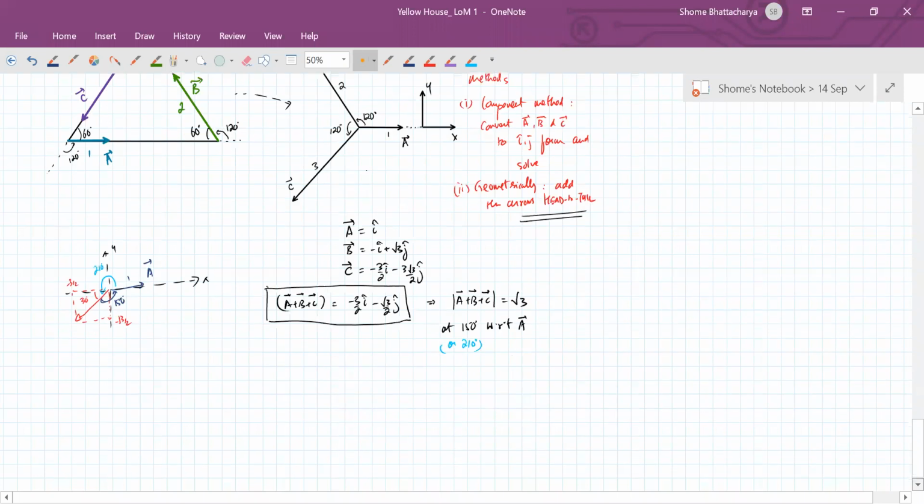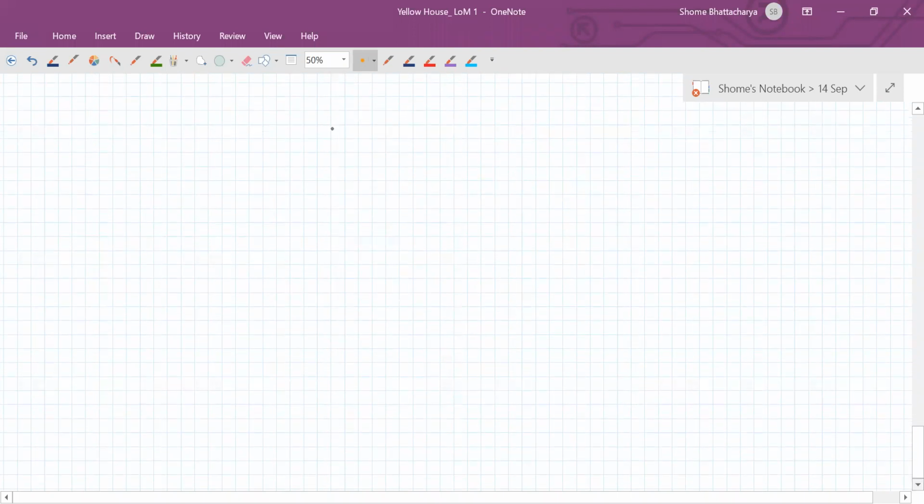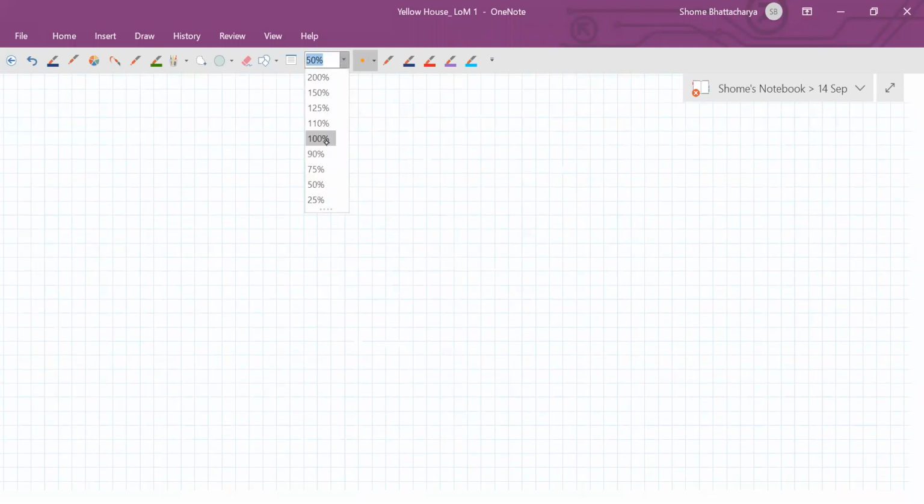Okay. Now, likewise, geometrically also we'll make a solution. It's very interesting actually, this question. So if I want to solve it geometrically, what do I have to do? I have to draw the three vectors A, B and C head to tail. So that will look like this.